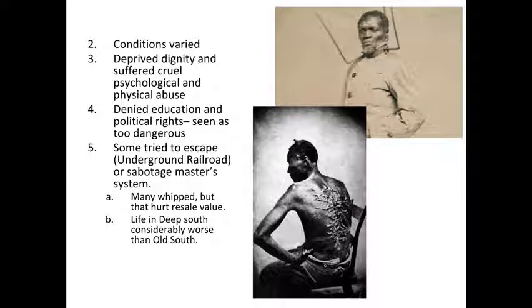Conditions and treatment of slaves varied. So again, one of the famous things that most people bring up is the house slave versus the field slave, and how those working in the field were treated worse than those who worked in the house. But sometimes those who worked in the house were repeatedly being raped. So not necessarily better. You had shelter. You had clothing, you worked for your master, but then again, you dealt with a lot of mental and even physical abuse as well, especially if you didn't adhere to what your master was telling you to do.